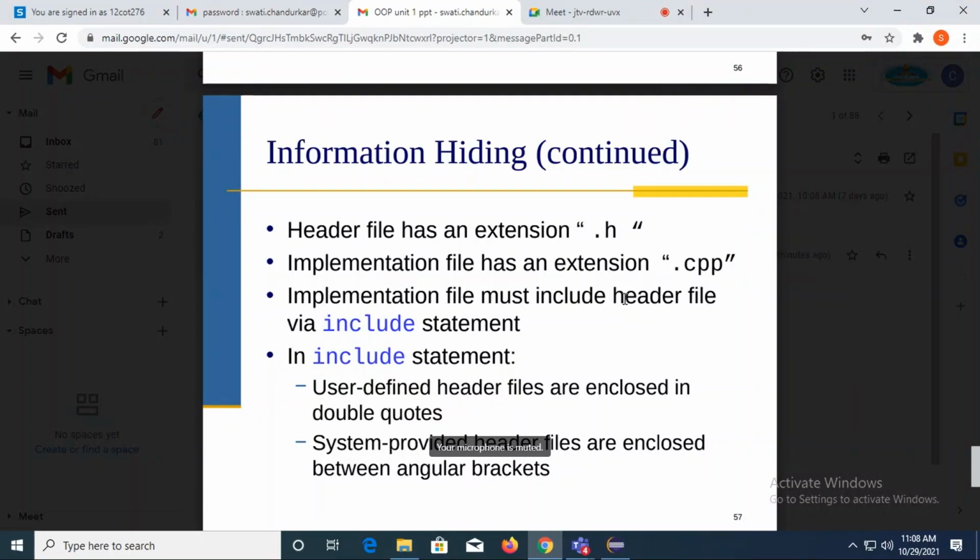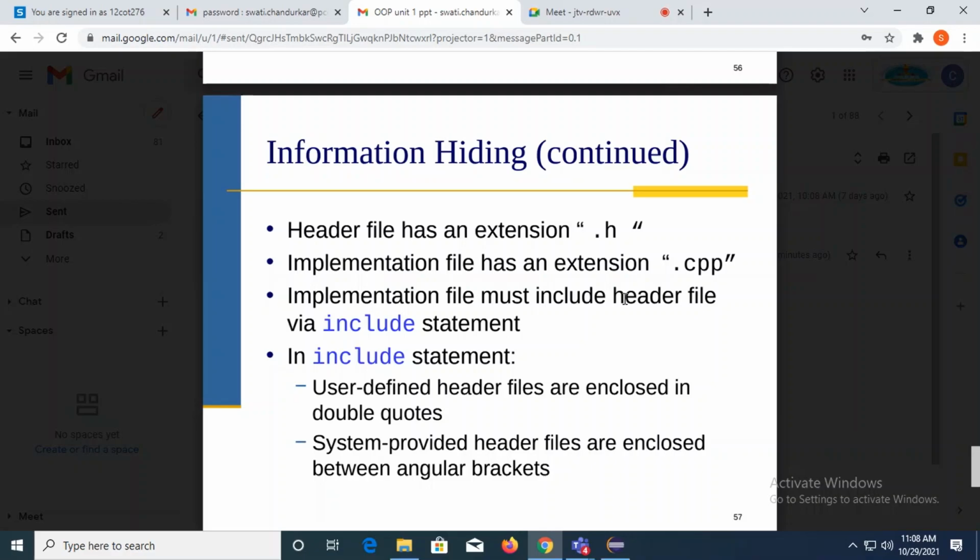If it is .cpp, the control will pass to the compiler and it will just execute it. If it is .h, that means it cannot be executed directly. You can include it in another file and you can use that file any number of times in different application code. Is it okay? So this is with respect to the compiler's understanding.